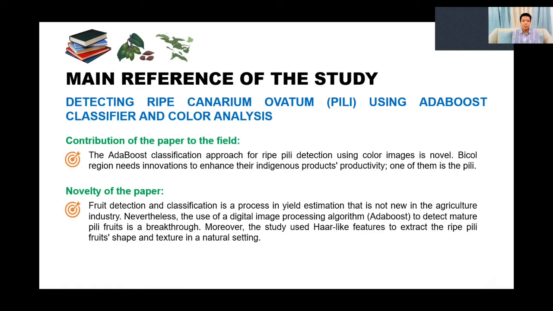For the novelty of the paper, fruit detection and classification is a process in yield estimation that is not new in the agriculture industry. Nevertheless, the use of a digital image processing algorithm, the AdaBoost, to detect mature pili fruits is a breakthrough. Moreover, this study utilizes Haar-like features to extract the ripe pili fruits' shape and texture in a